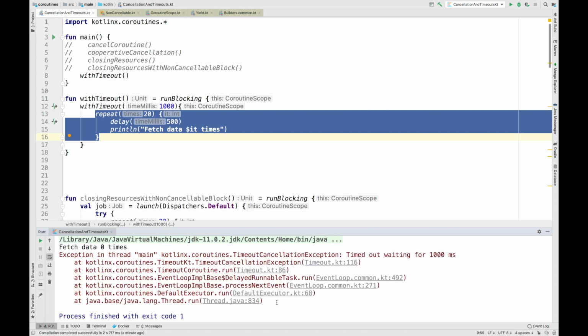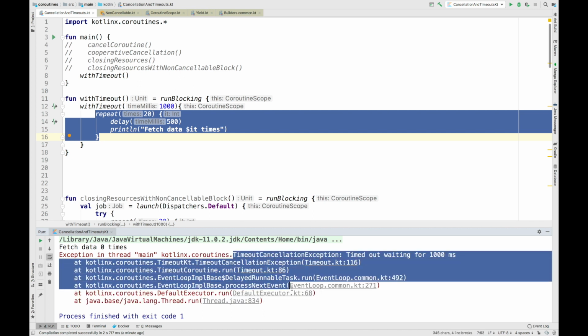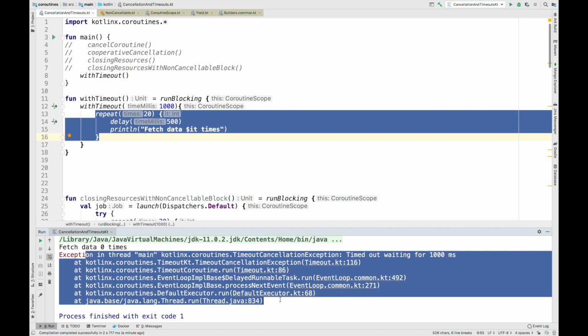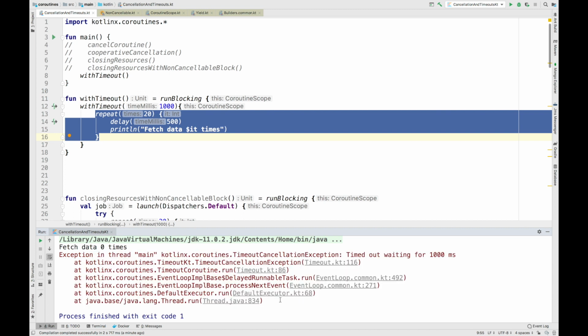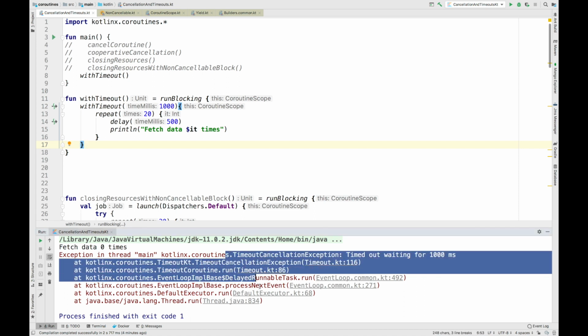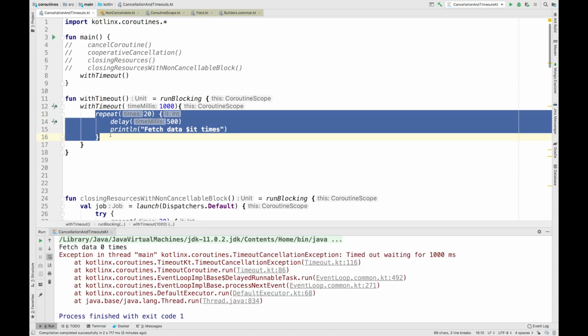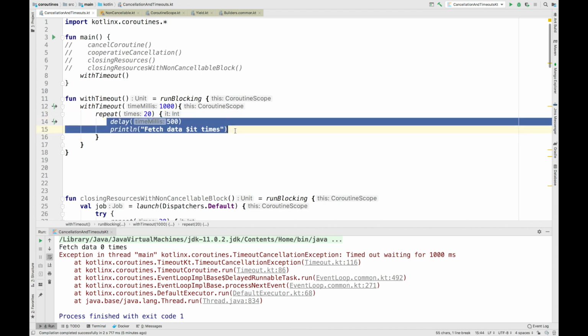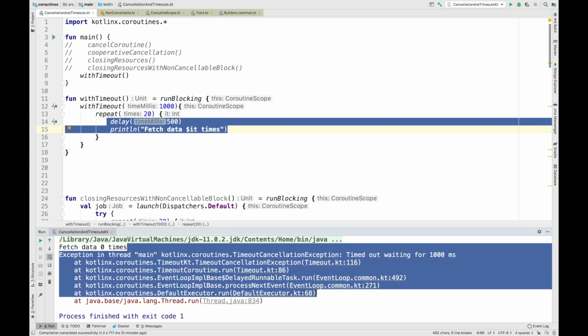One thing to notice here is that for the first time we got this stack trace which is saying that we got an exception. I was talking about getting a cancellation exception, right? Like I have mentioned earlier, on cancelling any coroutine we got a cancellation exception, but we haven't observed any stack trace. So why is it so? Because getting a cancellation exception is considered to be a normal reason for coroutine completion, but here in this case this block has exceeded the timeout, and this needs to be informed so that we can optimize the computation inside this block. That is the reason this is throwing this stack trace, right?